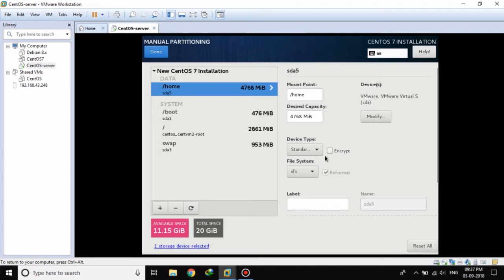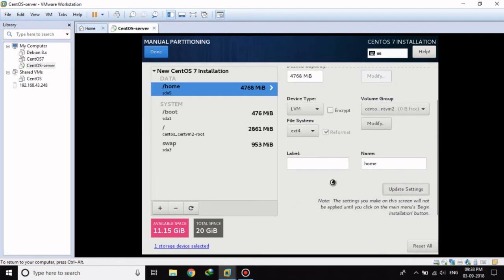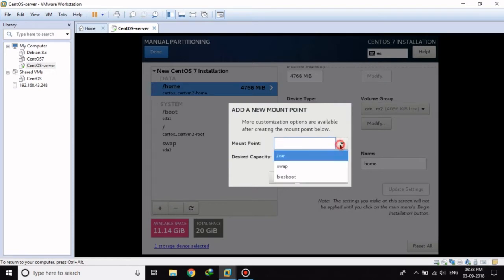It is almost 5 GB, and we'll also set this to LVM, and the file system should be ext4, and the volume group will be automatically selected. Okay, now we'll update the settings, and we are done with this partition too. Now we have to create one more